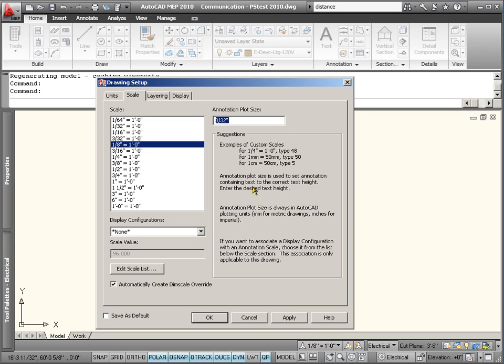Text that's drawn directly in paper space should default to 3/32 inch tall, or as you saw when I initiated mtext command there, it does tend to use whatever the last size